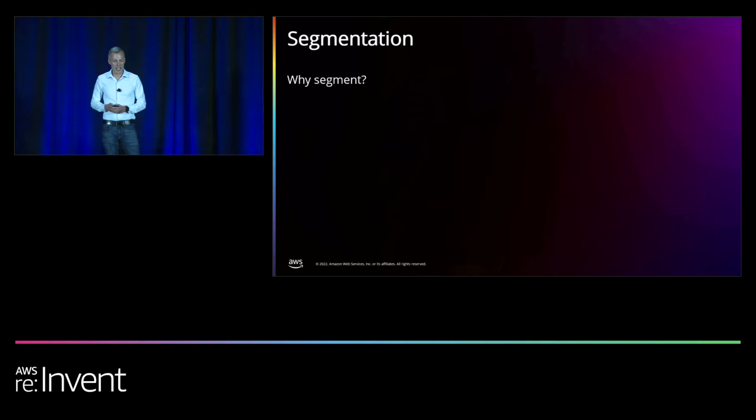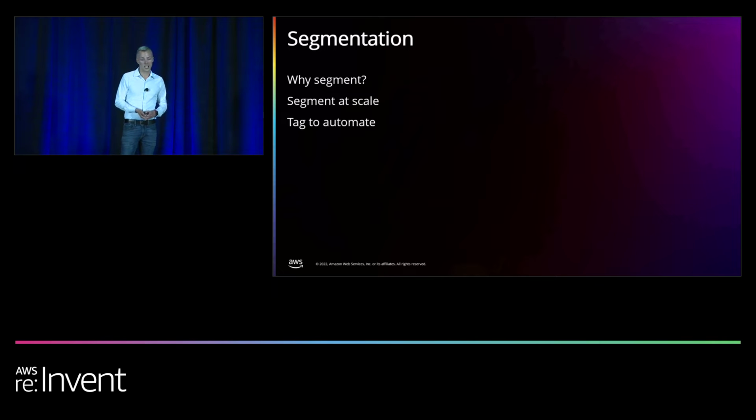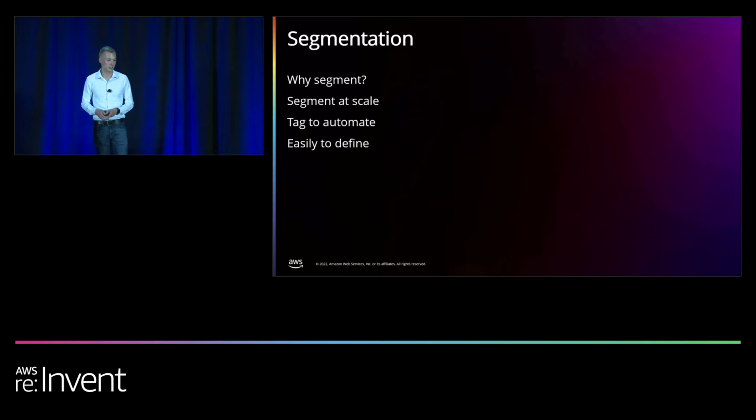And like Sid was saying, they're purpose-built. Think of it like a VRF, virtual routing and forwarding, a separate route table instance for each of these segments. You can segment at scale, so 5,000 attachments. We can have up to 20 segments on a core network. And I think the real power here is tagging to automate. You're not going through and saying this attachment belongs to this segment. You can say if I tag something as production, automatically make it production. So you can really deploy at scale and have that network correctness without having to manually go in and define that, which can be very difficult within a region, especially when you go multi-region.